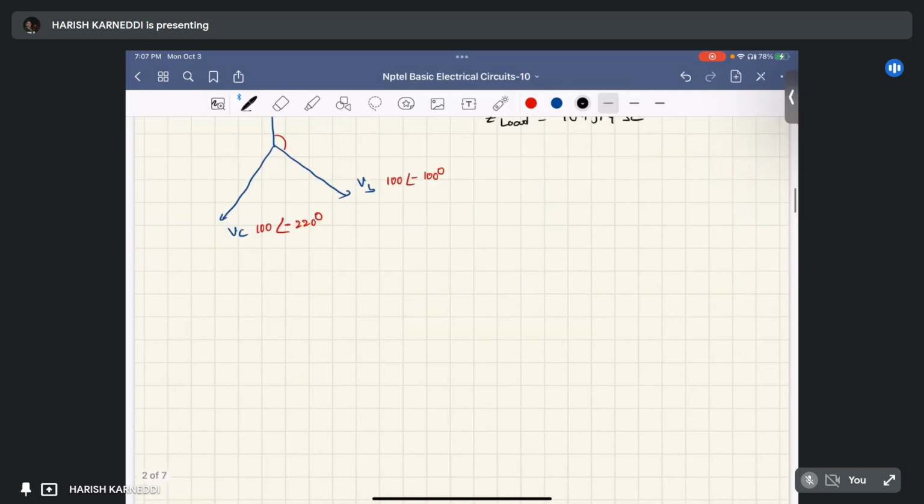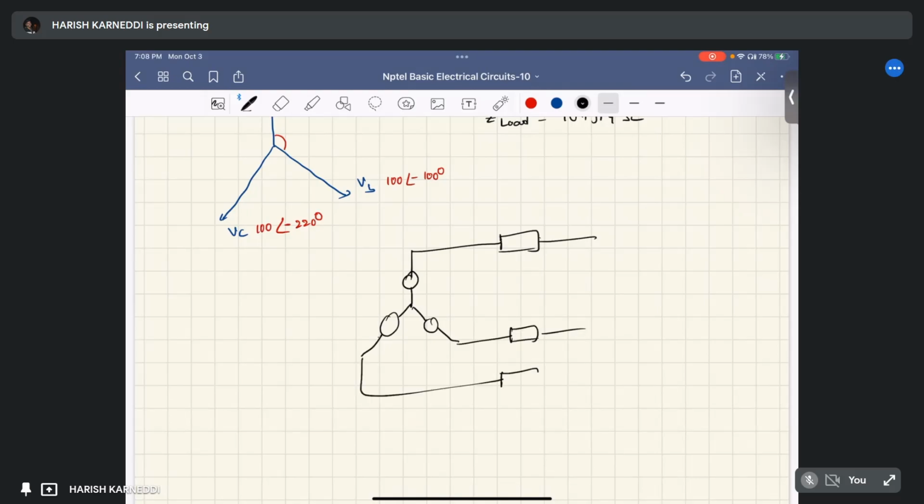It means a star system. The circuit is like this. It is Z line, and here it is a star load. Okay, it is Z line, it is Z load. Okay, here it is VA, VB, and VC. Then